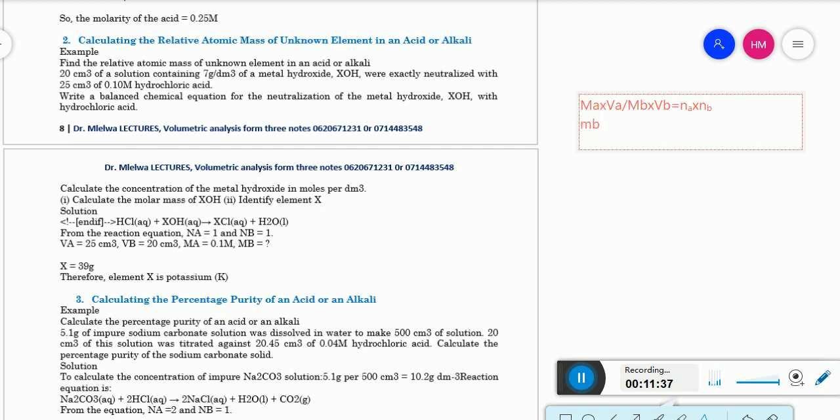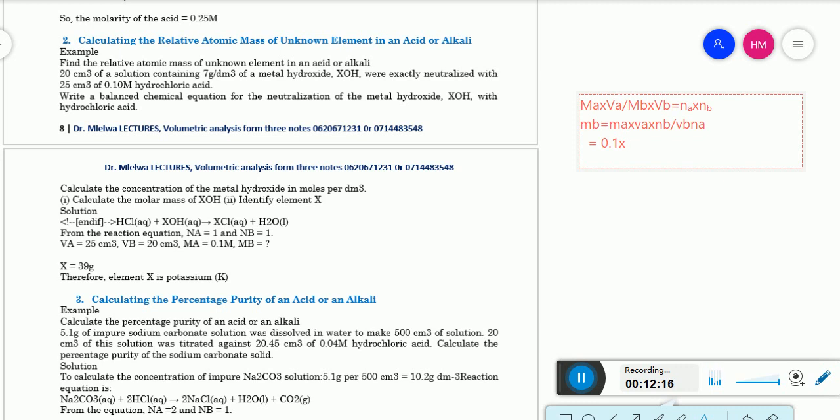So the molarity of base will be equal to molarity of acid times volume of acid times number of moles of base, divided by volume of base times number of moles of acid. So doing that calculation, you will get your final answer for the molarity of base. You will start by calculating the molarity of acid. Let's do the calculation. The molarity of acid we are given is 0.1 times